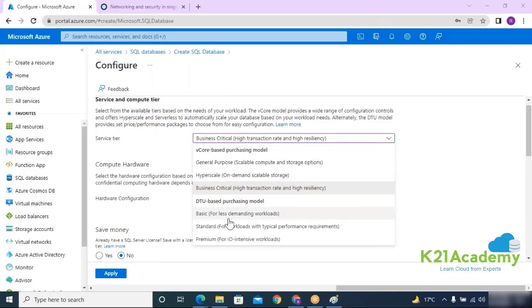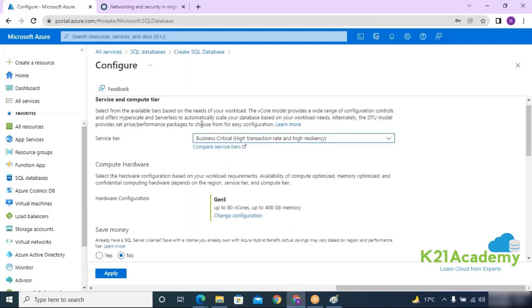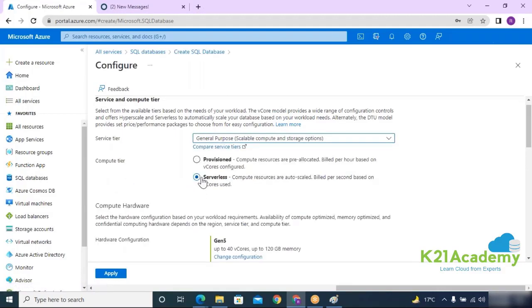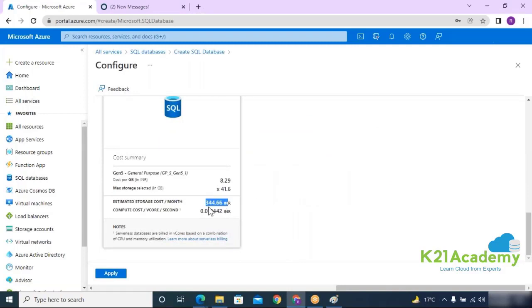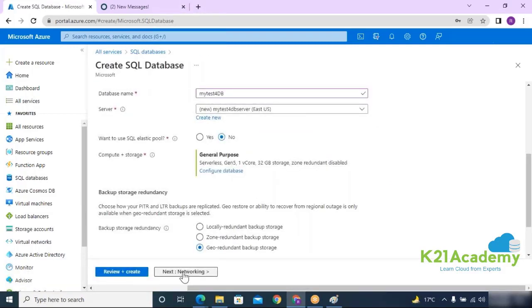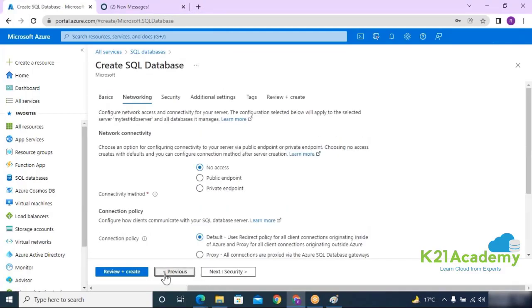So depending on your performance requirement, guys, you will be able to select your tier. So currently I will be going with general purpose, where I'll be selecting serverless over here. So it will cost me minimal. It will be costing me around 344 USD on a monthly basis. So I'm going to apply that now. Now further, there is an option, guys,